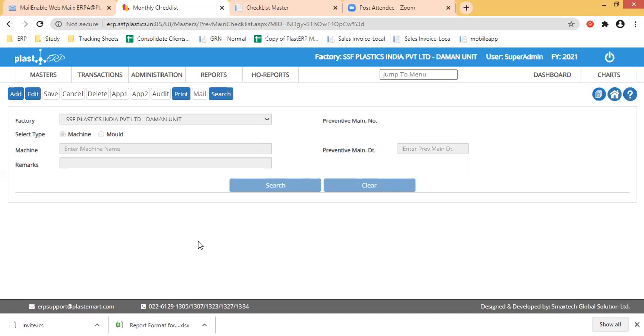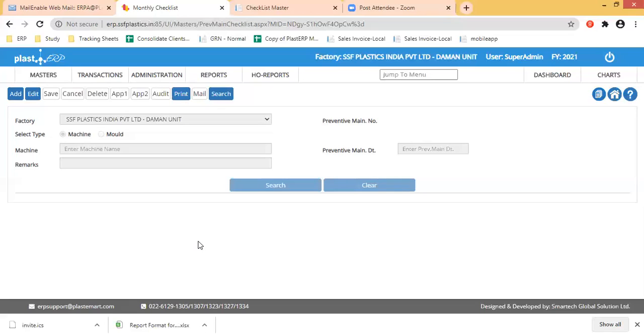This I understood now. The other point we were asking is, per se, on 27th of June I have scheduled all my machines' July preventive maintenance plan. There may be some 5-6 machines or 10 machines scheduled in the month of July for monthly, and some of them are quarterly, some of them are weekly, whatever it is. Weekly anyway will come 3-4 times. So monthly and then quarterly will be there for some of the machines.